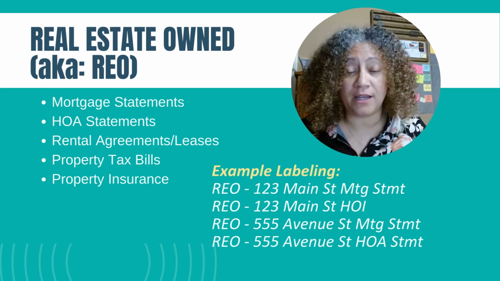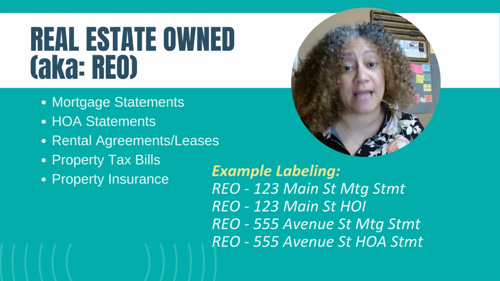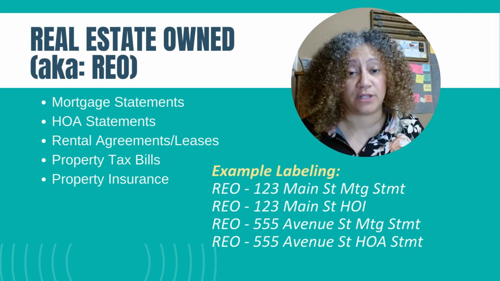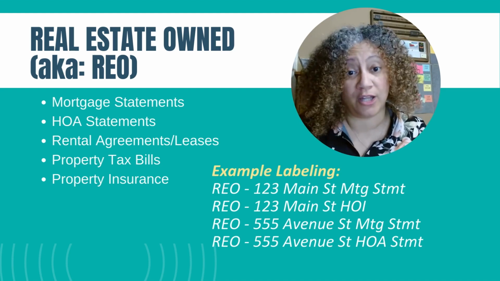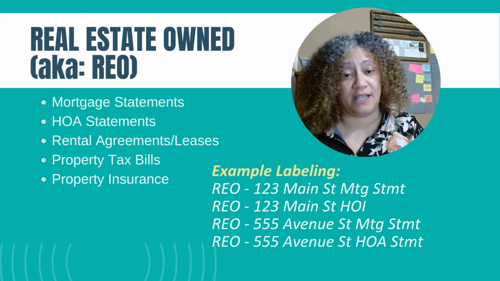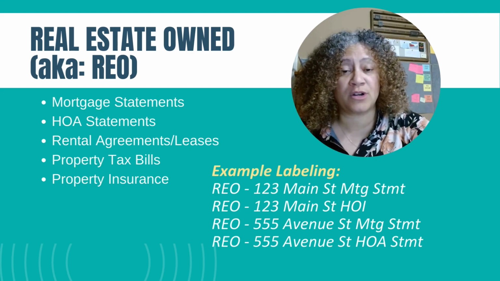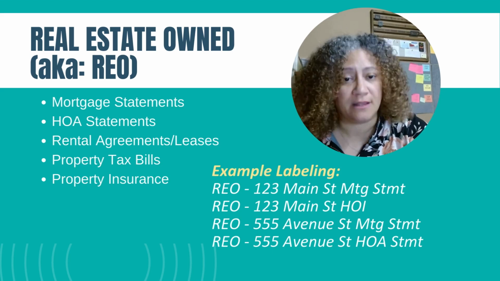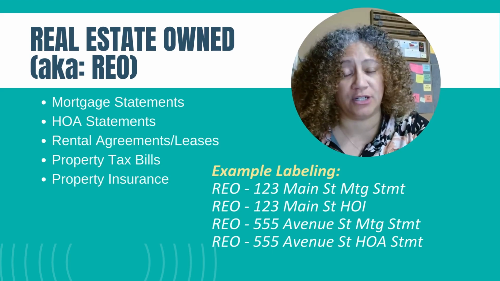Some title companies or county websites, you could pull the property tax bill yourself. So you could do that for the client if you wanted to. Otherwise, you have to request that from them. They could also pull it online. And then you would have to get things like their HOA bill, their home insurance directly from them, as well as their mortgage statements. And all of those should be the current one,